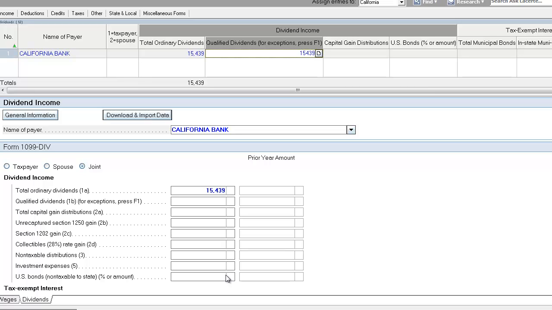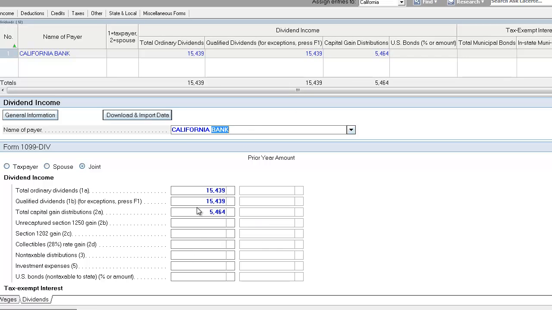$15,439 is the qualified portion. So again, somebody like this with a higher income, I'm thinking that these qualified dividends, because they're that lower tax rate, that's a good deal for him because his ordinary income tax rate is going to be quite high. So this lower, special privileged qualified dividends tax rate is going to be quite appealing because he's going to have a big difference between this type of income, qualified dividend income, versus ordinary income. We can see in box 2A of the 1099-DIV that he also has some capital gains distributions. So we'd put that in there,